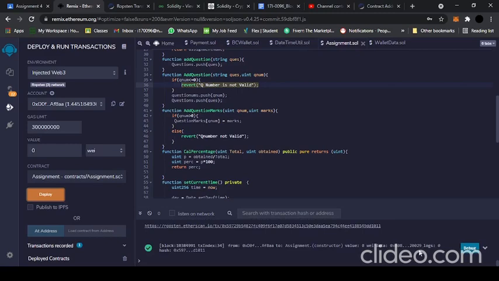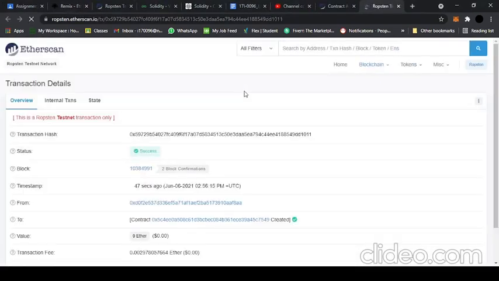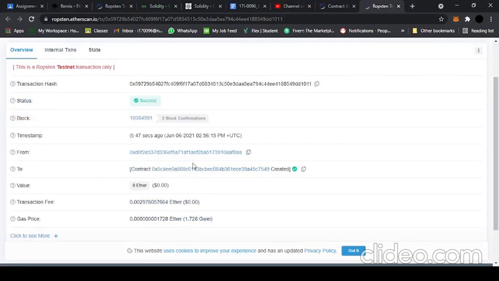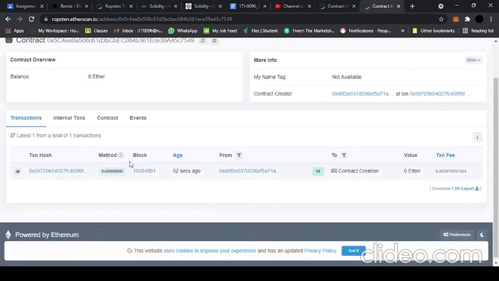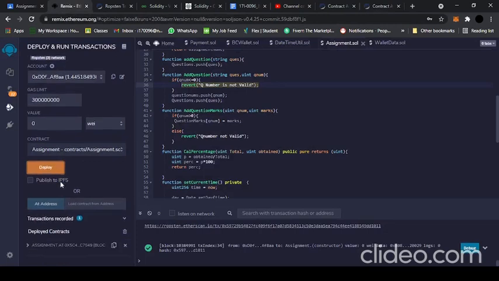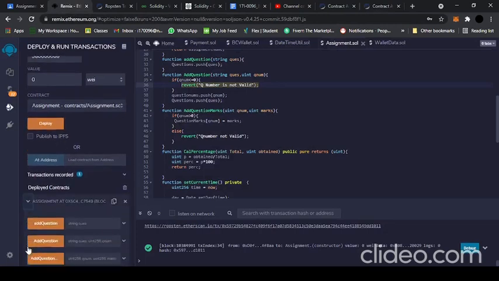Yes, the transaction is confirmed. Let's view it over the internet. Yes, success. This is now the contract address, and you can see that 52 seconds ago the transaction was created, and it was this account that was used to create this contract. Now coming to the Remix IDE, here you can see that I have an instance, and